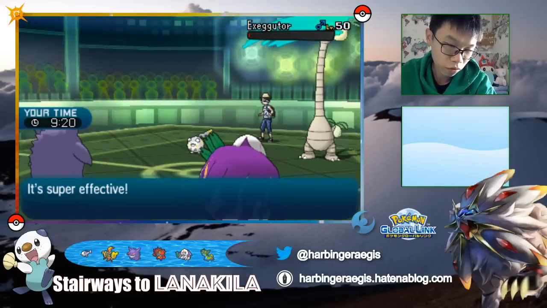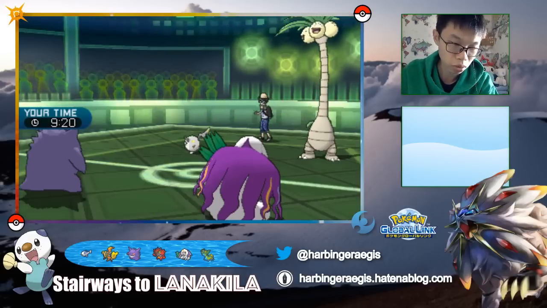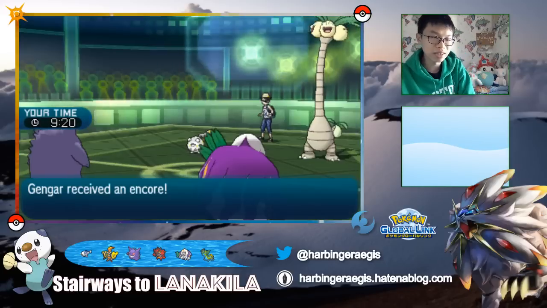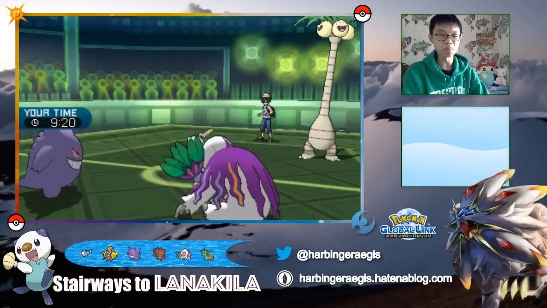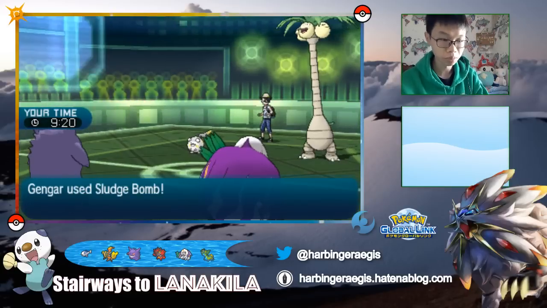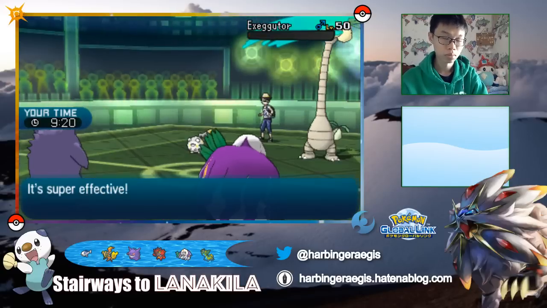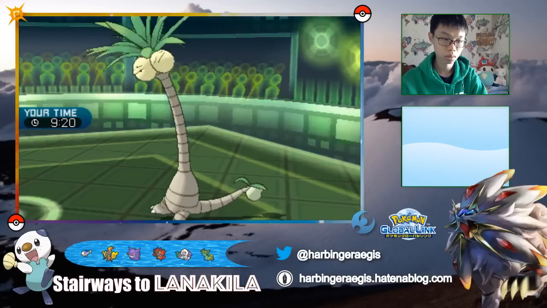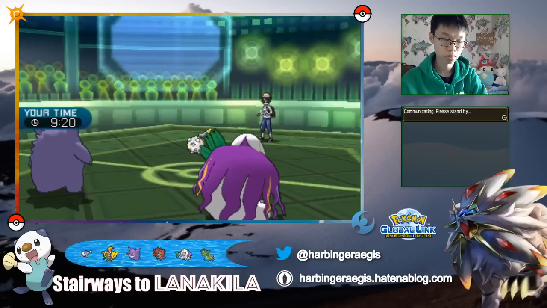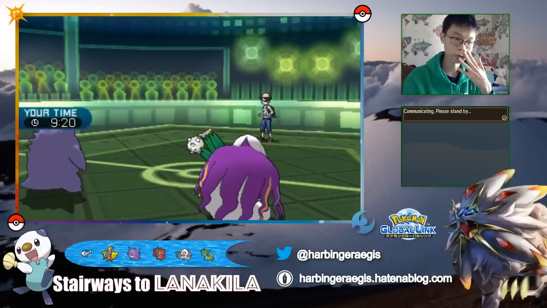It survives with the Focus Sash. And we do see the Instruct. Alright. So Instruct would be starting another Sludge Bomb. Correct. So with Instruct,